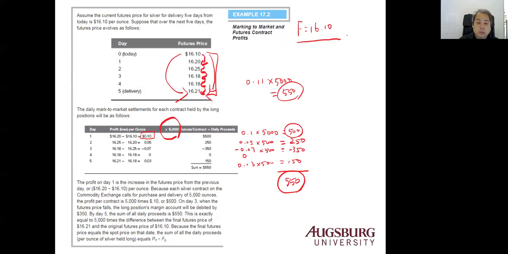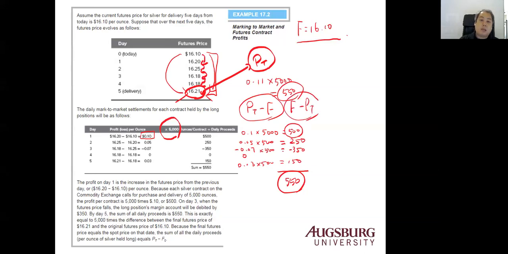So it's the same as your price at the expiration date, which is the same as this futures price, because of the convergence property. The price at maturity minus the futures price will be your profit if you have a long position. If a short position, then futures price minus price at maturity will be your profit. So the short position holder loses money, the long position makes money.